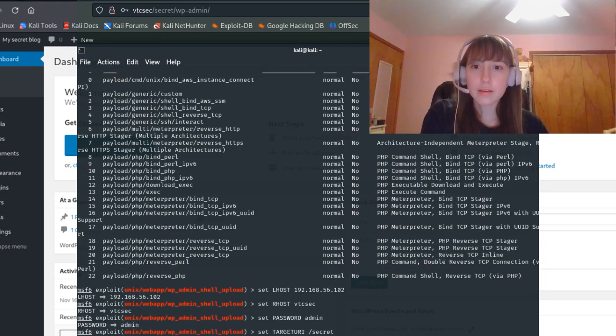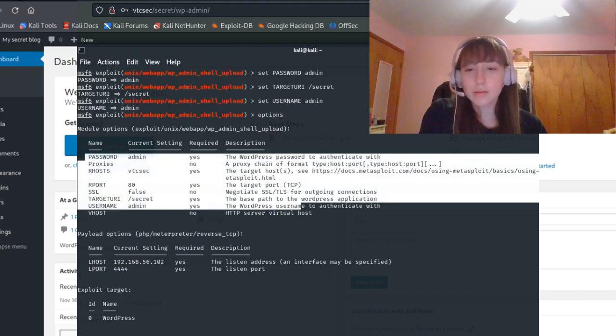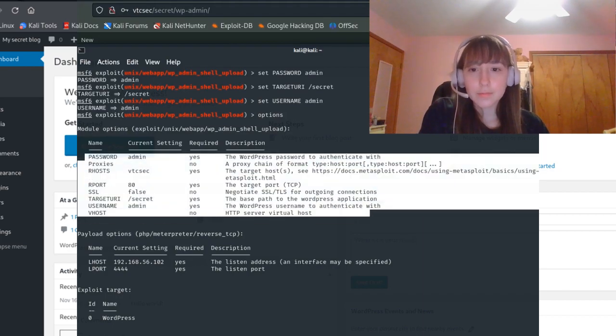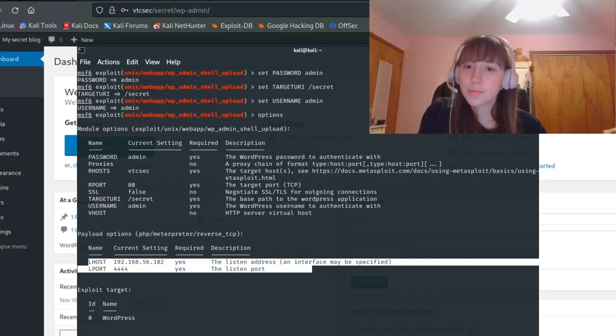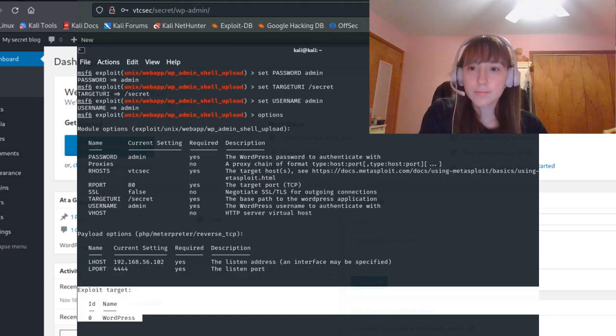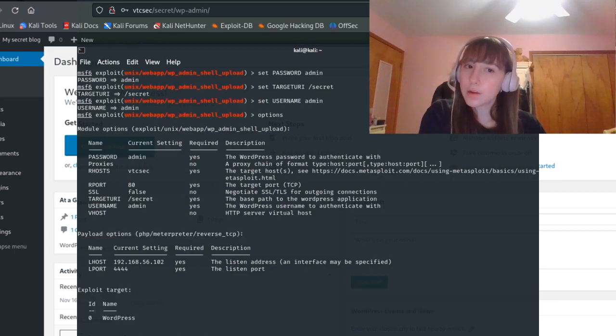And now that the options are all correct by the looks of it, we can begin the exploitation process. And we'll wait for the exploitation to load. Give it a second. And we can see that it's loaded with the meterpreter